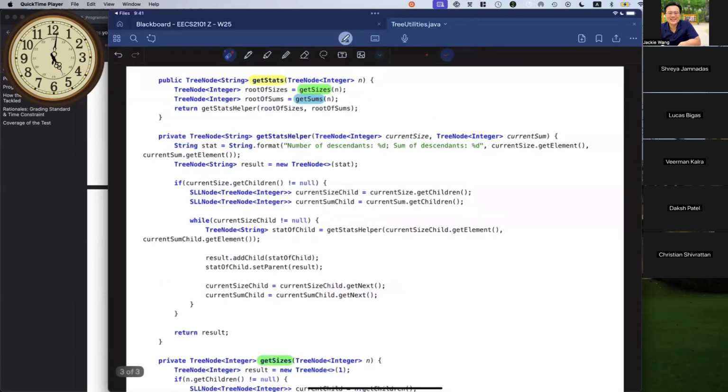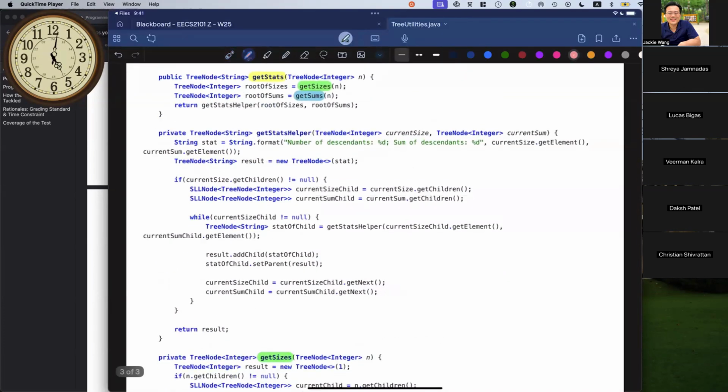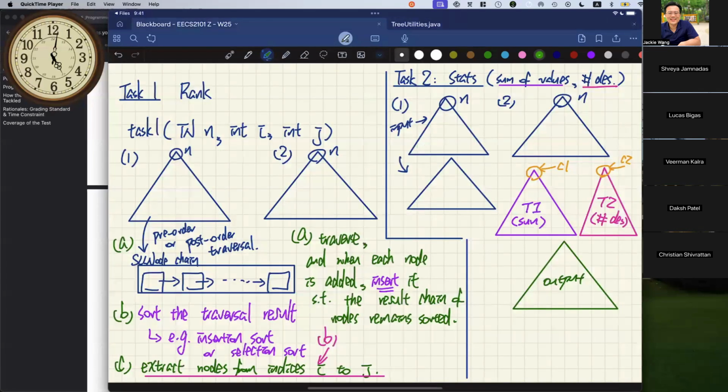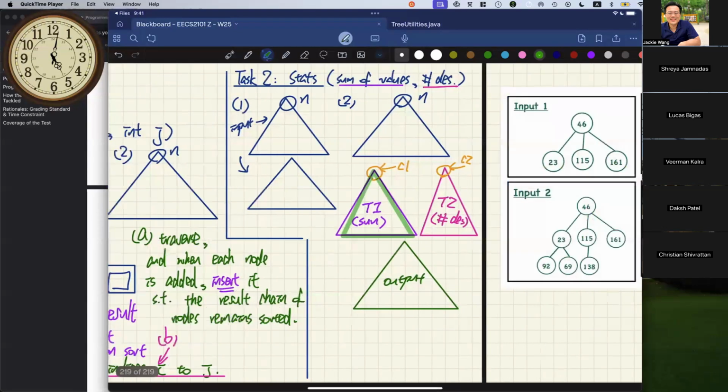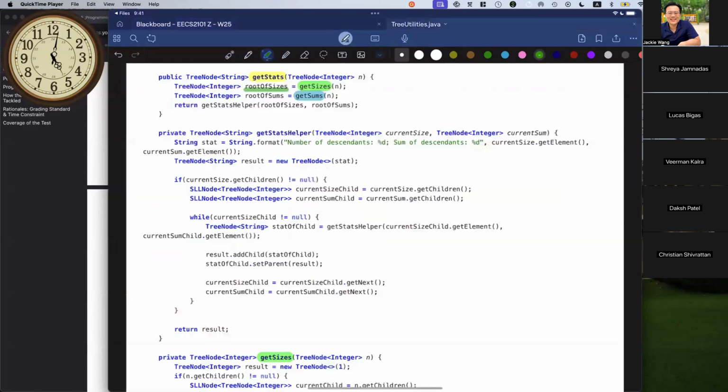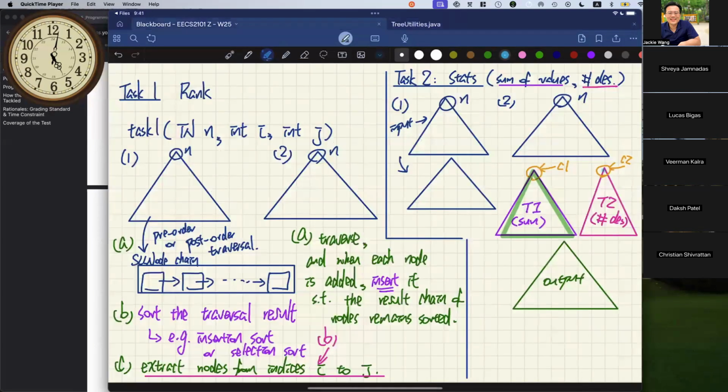We're going to get the intermediate trees. One is called the root of sizes, that's the first intermediate tree right here. And then we've got root of sums, which will be the second intermediate tree right here.